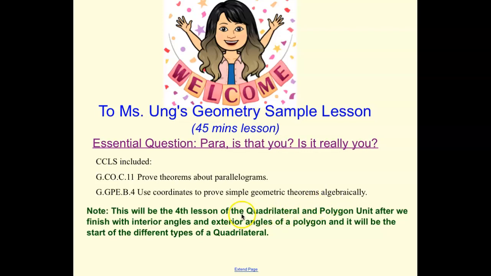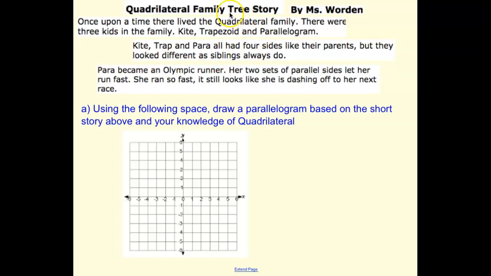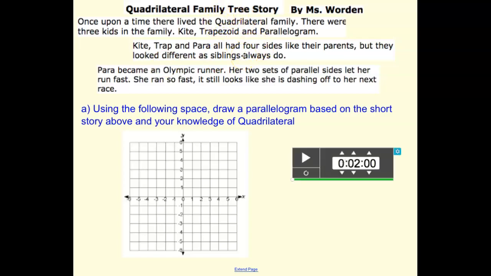So this will be the fourth lesson in our quadrilateral and polygon unit. We should have finished interior angles and exterior angles of a polygon, and we will start to talk about different types of quadrilaterals. We will start the lesson by reading this little part from a cute little family tree story that quadrilaterals have, so that it can refresh the students' memory of what a parallelogram should be. And on the space, each student will draw their parallelogram and have to match it, and then I